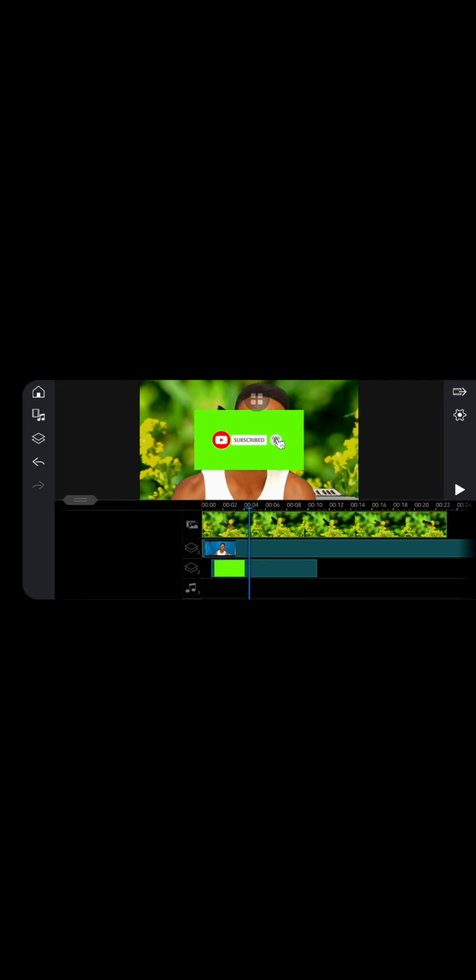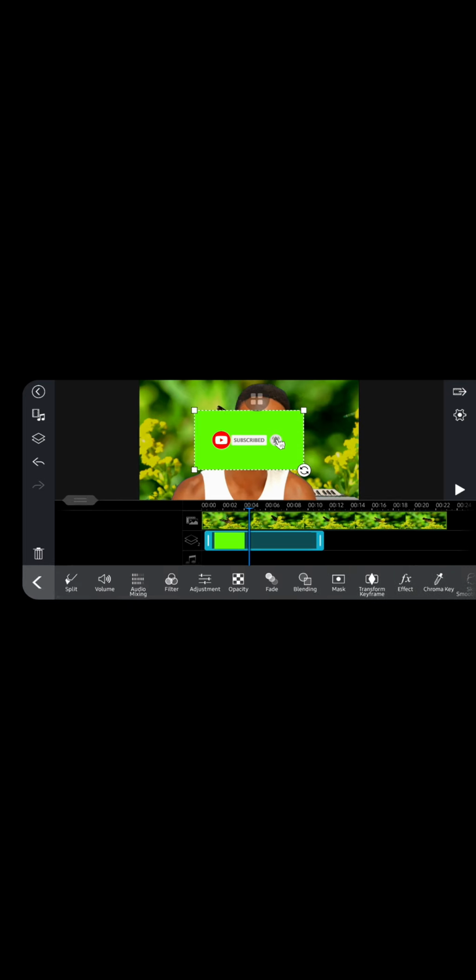So what you will do now, you will tap that same thing, it will show options. As you can see from the bottom here, see the options. Understand? And this is the option we need now to delete the green background on the YouTube subscribe and the others.